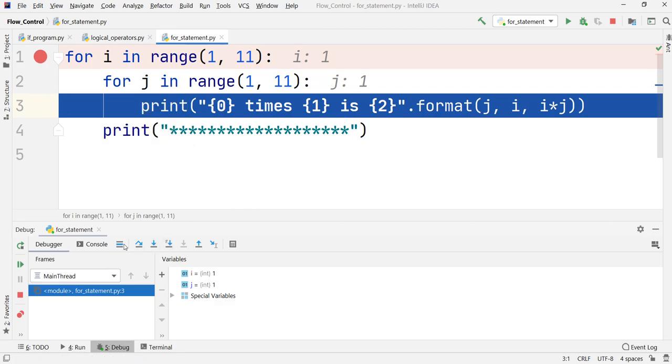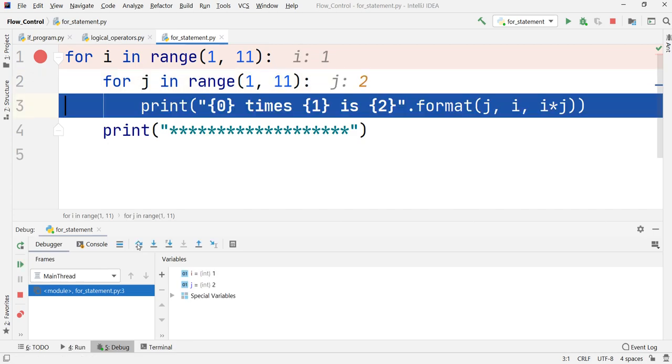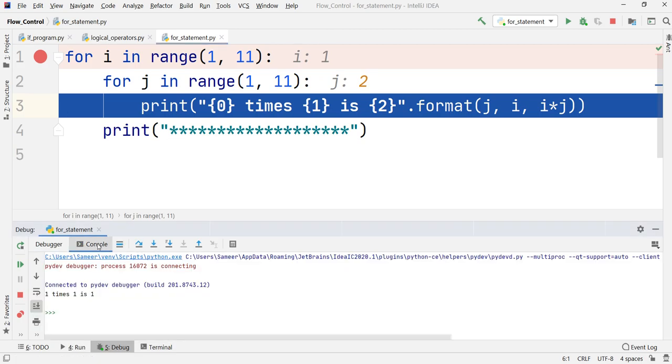Now observe what happens when I press step over again. It is coming back to the second for loop. Observe carefully, if I press it again, the j value has changed to 2, but the i value remains the same. Again it is going inside. Whenever it is going inside, the print statement is getting executed.